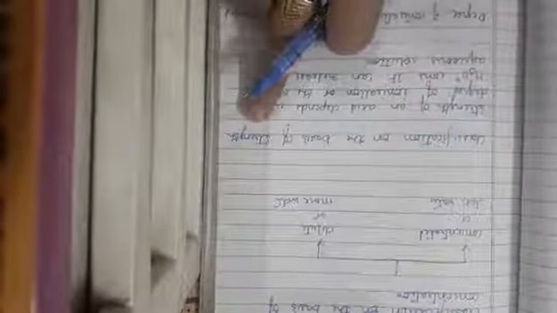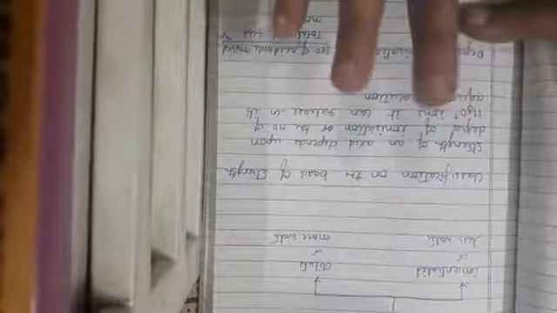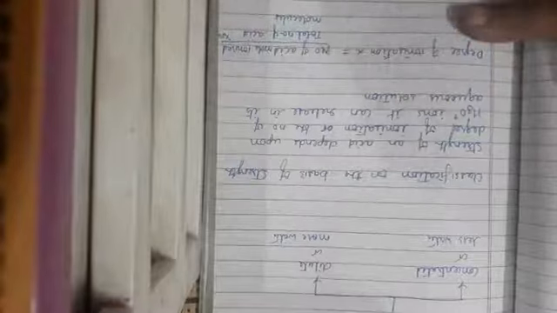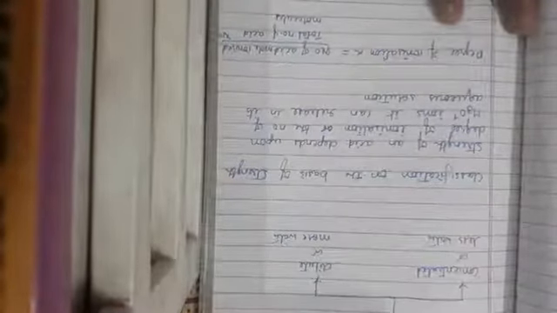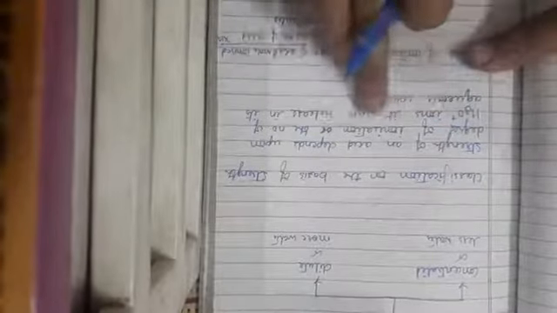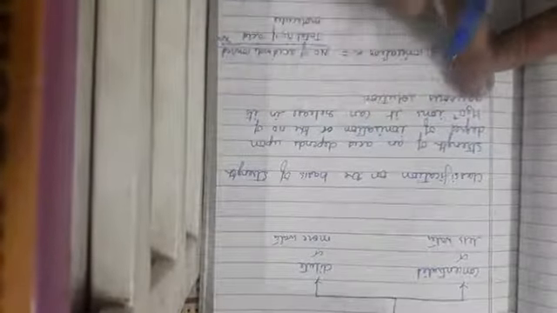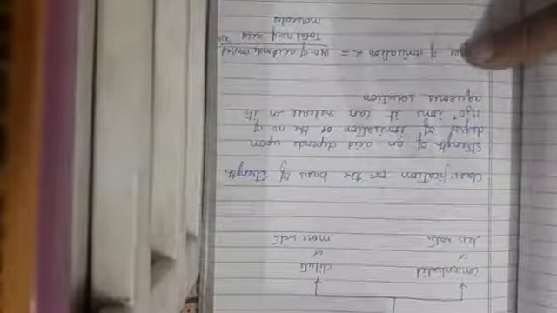Okay, now coming to the last classification, which is classification on the basis of strength. If you classify an acid on the basis of strength, then it may be either a strong acid or a weak acid. Here the main active part of the acid can be explained. If you are saying that an acid is strong, it means it is an active acid, and if the acid is weak, it is a less active acid. So how can you explain the strength of an acid? Strength of an acid depends upon the degree of ionization or the number of hydronium ions it can release in its aqueous solution. Now do you get this point?